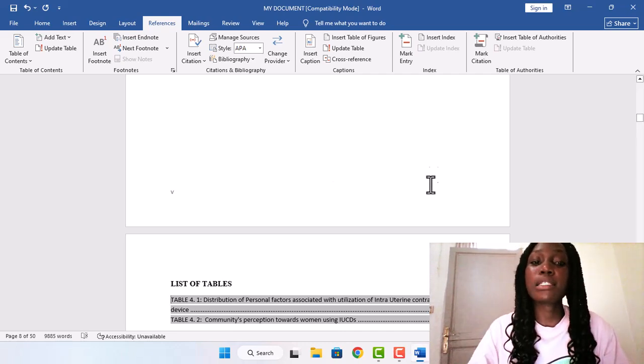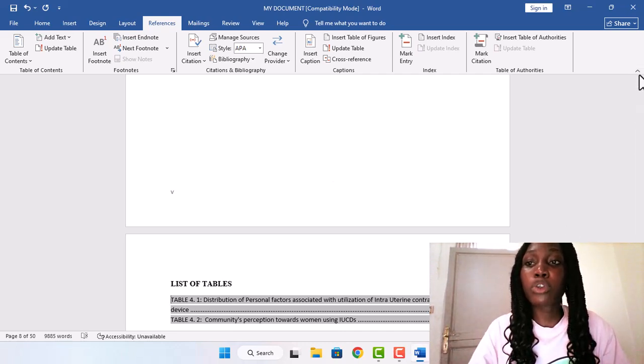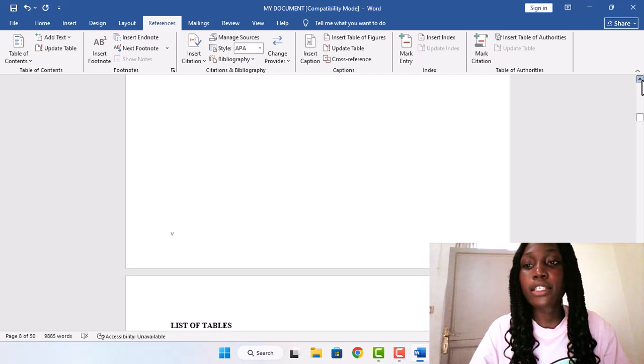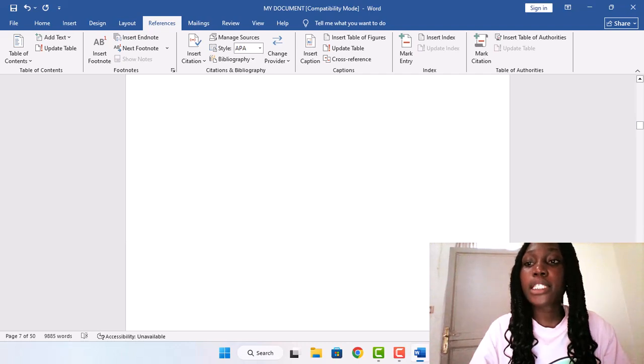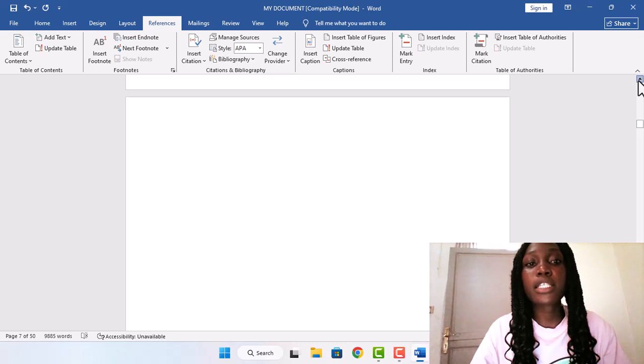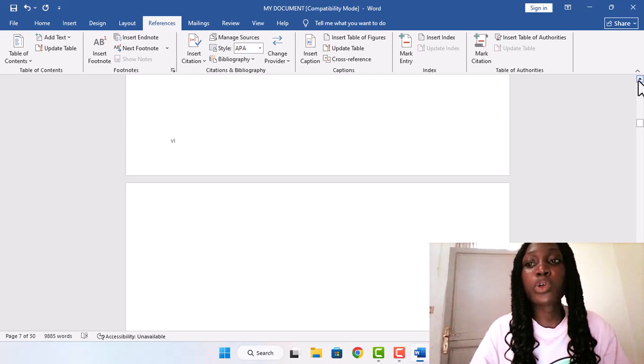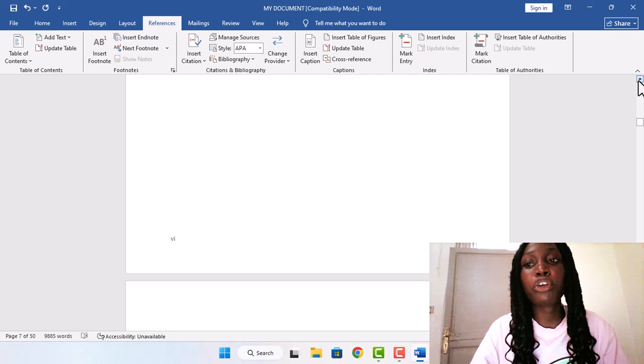So besides this, there is also what they call a list of figures. After working upon your list of tables, you can also work upon your list of figures. For this, it's kind of different. Like I told you, we have figures such as pie charts, such as bar graphs, and I have a few of those in my documents. I'll be using those as references when making the